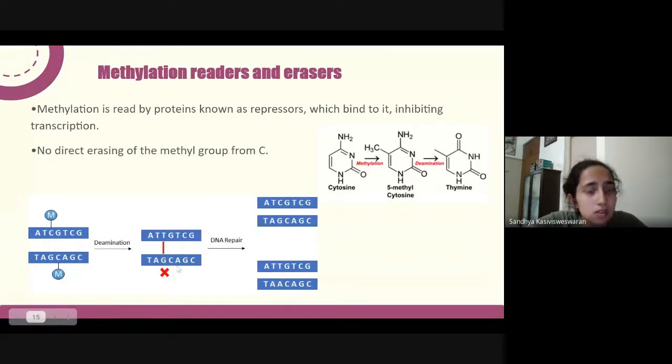But the cell doesn't know which the original base was. It doesn't know if G is the mistake or T is the mistake, right? So there's equal likelihood that any of them will happen. So it might say, okay, T is the mistake, make that a C so that the pairing is corrected, and you will get this, which is the same as your initial sequence, so all's good. But then you might also end up changing a G. And if you end up changing a G, you get an A here. And these two sequences are not the same. So then you have mutations that might arise because of DNA repair. So that's the risk with too much methylation, that you might have some mutations that get accumulated.